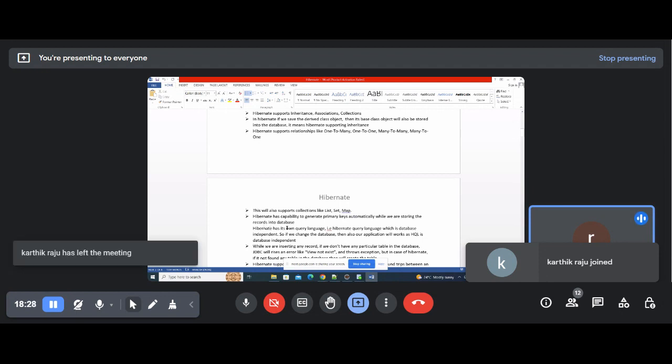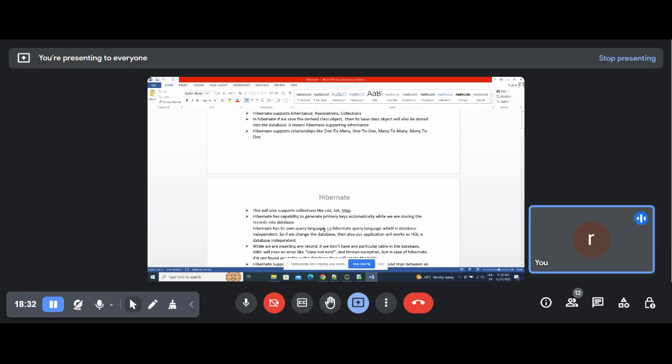And Hibernate has its own query language. Till now we are writing SQL queries, right? But Hibernate has its own query language. We'll call that HQL, Hibernate Query Language, which is database independent. And apart from that, if we change the database, our application will still work, as HQL is database